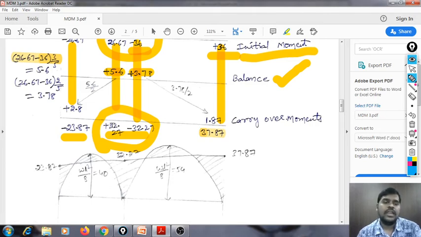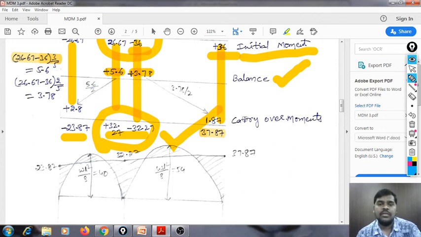If you get, at any joint, mainly at the intermediate joints, answers like 32.27, equal in magnitude and opposite in direction, we can say that the problem is completed. If this doesn't happen, what do we have to do? We have to repeat the procedure from here. The initial moments and these carryover moments will be the same actually. The initial moments we have balanced and we have taken carryover moments.